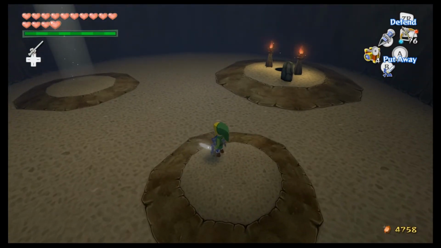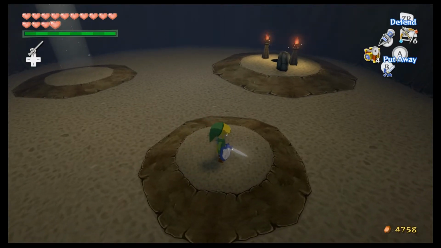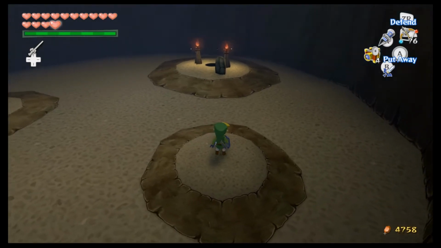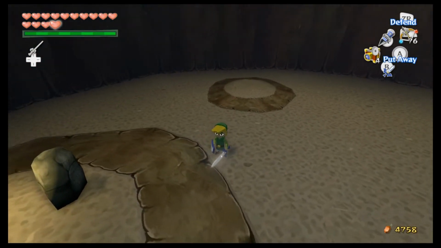The Savage Labyrinth is challenging, but it's not too hard. But this is the hero mode. I've been playing the hero mode all the time, so hearts won't drop. The enemies do double damage, and I actually have 2 red potions and a fairy in my bottles, and one of those